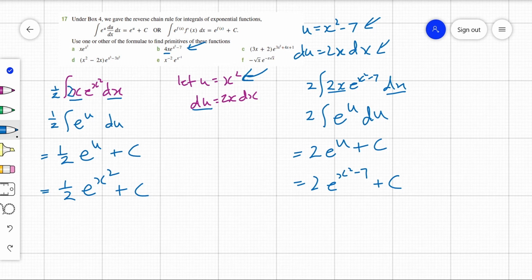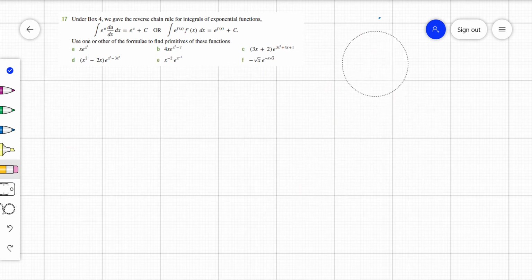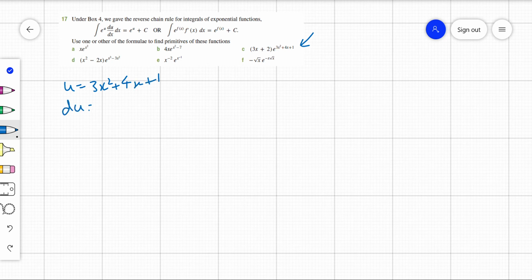So what do you think for c? We are going to make the let u part. Have a look at that while I'm rubbing this out. So usually, I mean, you can do it different ways, but often the power of the exponential is a great help. So here, let's make u equal to 3x squared plus 4x plus 1. In that case, du would be 6x plus 4